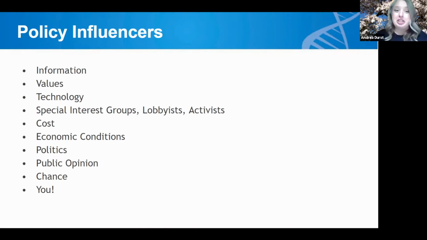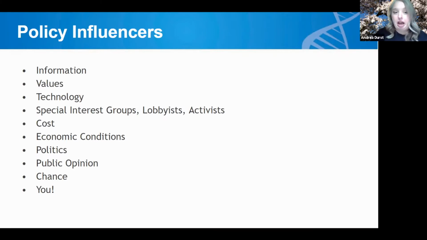And then technology is a really important one, especially in the field of genetics and genetic counseling and public health genetics, because as new, more effective, and more efficient technology becomes available, we're thinking about policies that we maybe didn't need to think about before, that now need to be implemented or championed, and there may be increased support for those policies as technology makes things more possible.